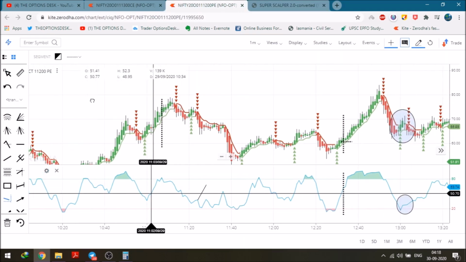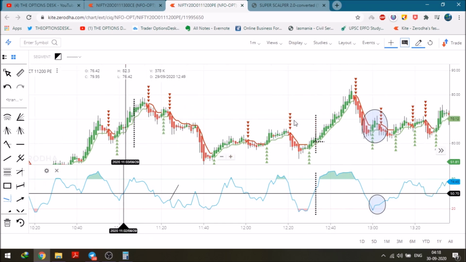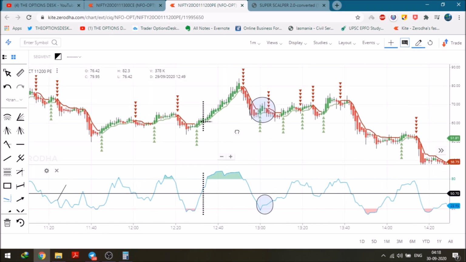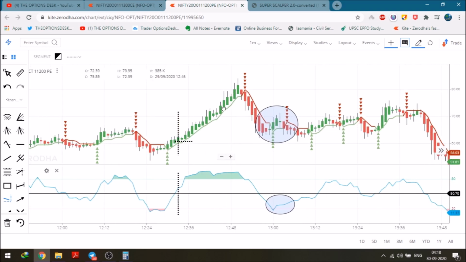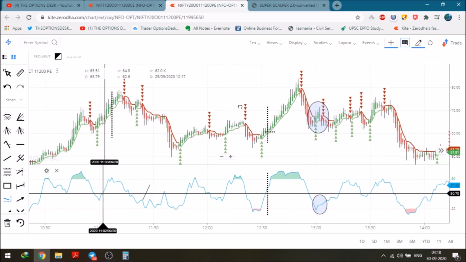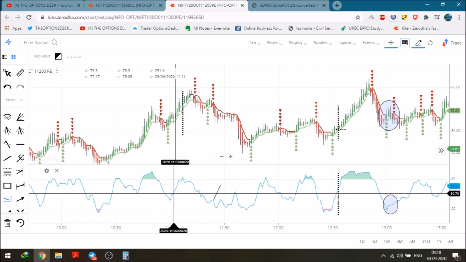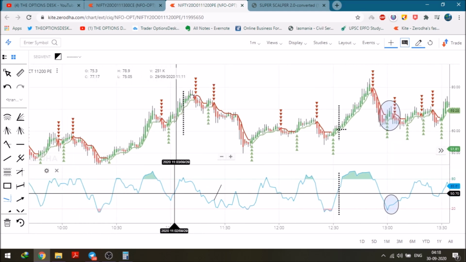Let's see, you again waited at this particular point. Let's see a classic example. You took this trade at this particular point. Let me zoom in for you. You took this trade, it went down to 80. You are a very good person, a lucky person, your lucky day, some astrologer Baba has said that you will get a good profit. You booked a profit of 30 to 40 points.